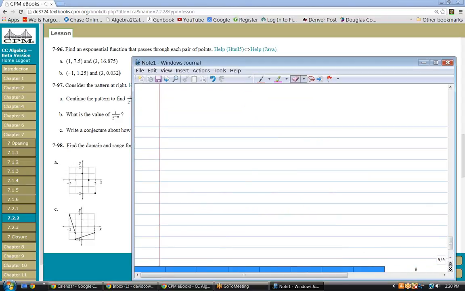All right, they gave us a second point. That's a different equation. Still, y equals a b to the x. There's 4 variables there. What we need to solve for is a and b. So what's the first equation I can write? We're on 1.25